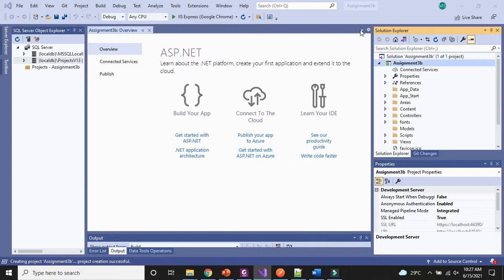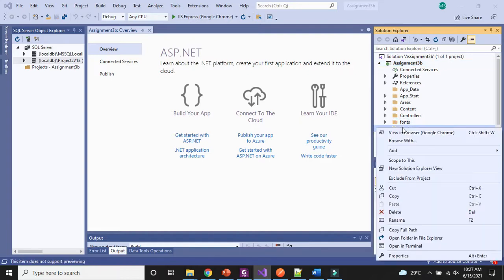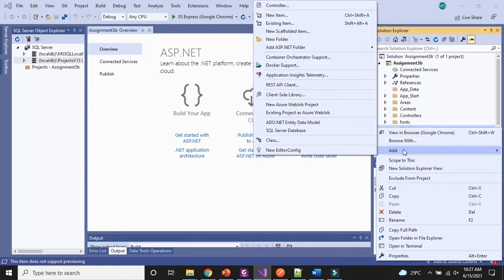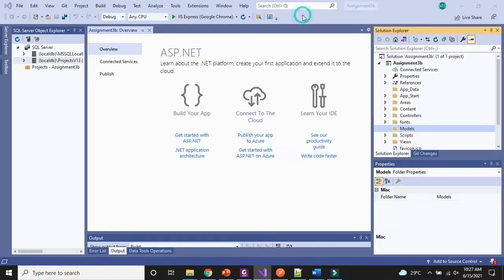Now as you know, in assignment 3 you have to create one model class and one controller class. The model class name was given to you already. So now in this solution I will make a student model. I will go to Solution Explorer. This is our Solution Explorer. Inside the Solution Explorer there should be a Models folder. You have to right click on the Models folder, then click Add. After that, you have to select New Item.